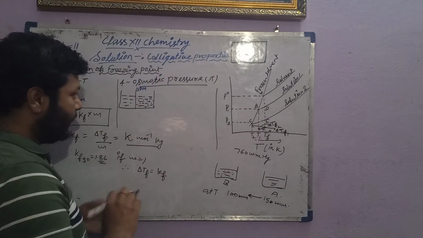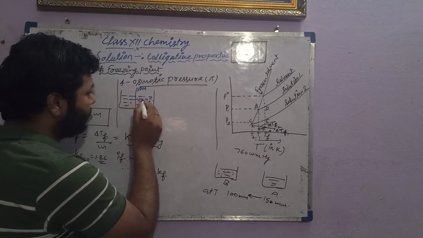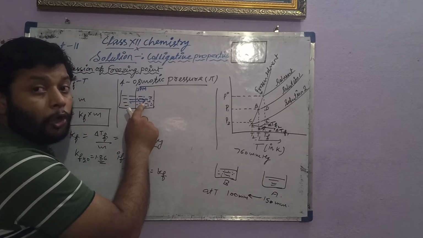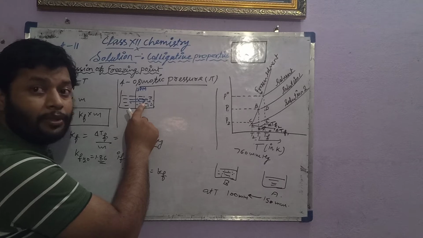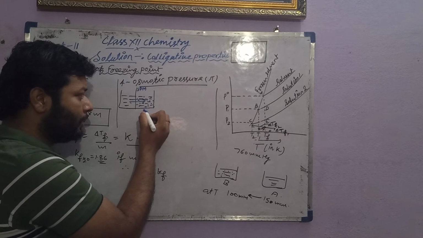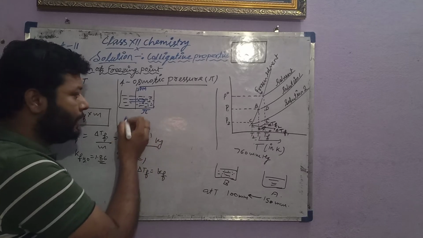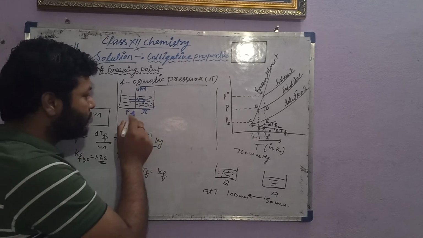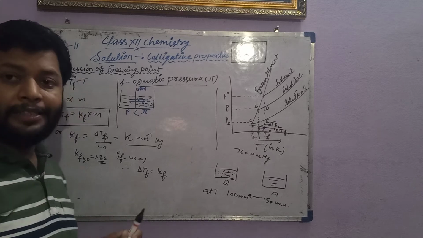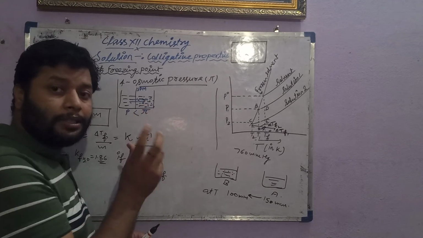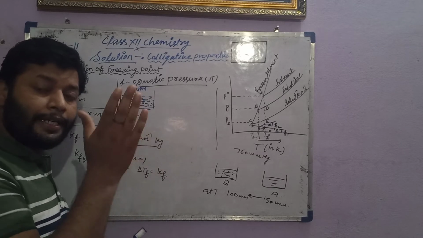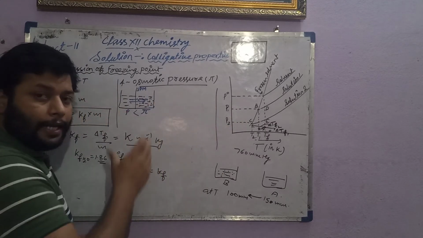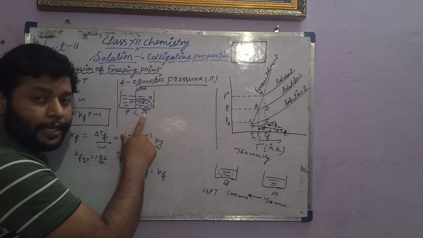There is a flow of water molecules from this side to this side, because there is a higher concentration of water molecules here and a lower concentration here because of the presence of solute particles. Suppose the pressure here is pi and the pressure here is P. So pi is greater than P, because there are extra solute particles which randomly strike the surface of the SPM from the right side. That's why there will be a greater pressure from this side.